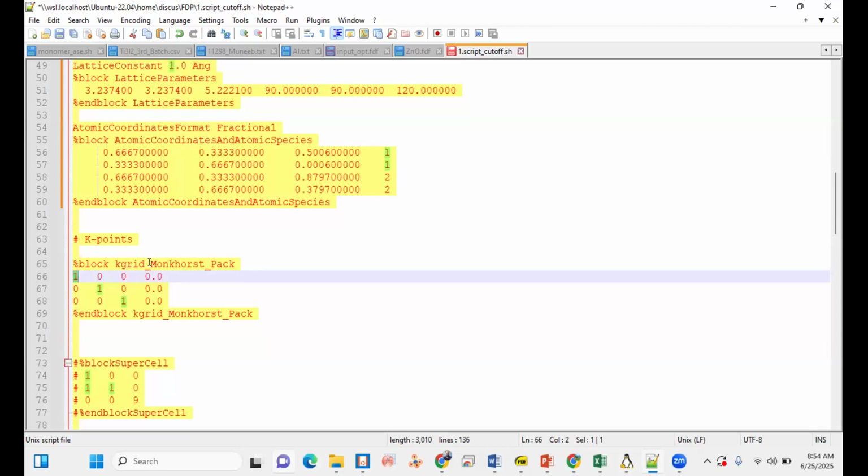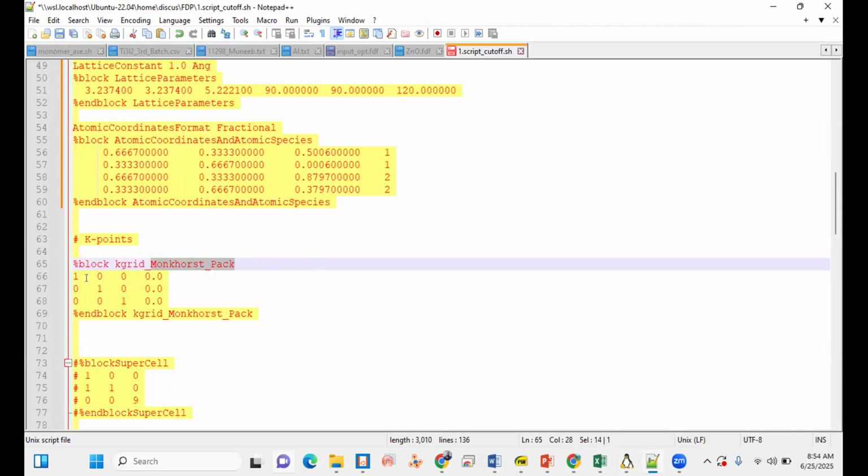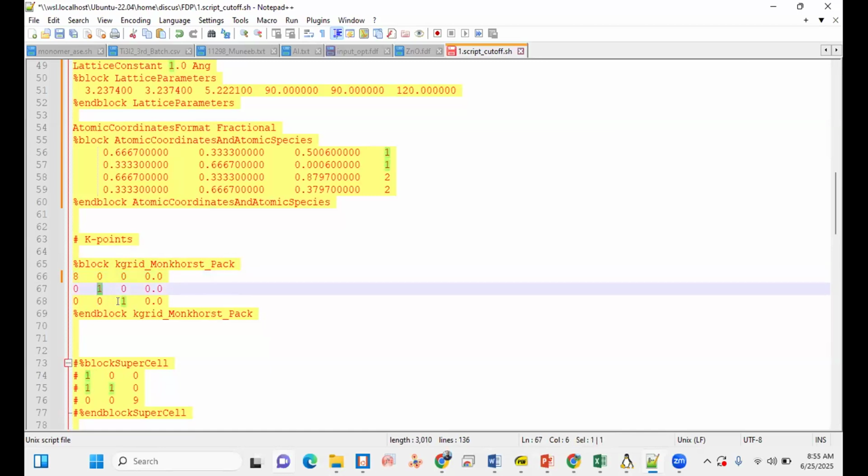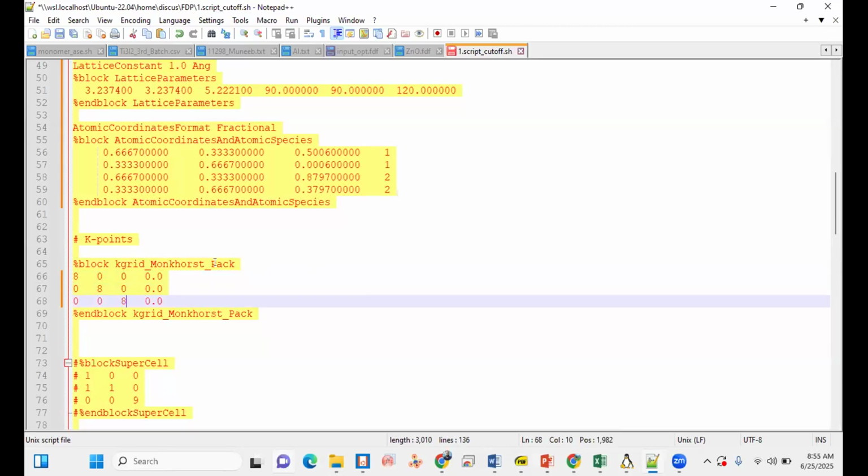Basically, this scheme suggests that you should select the same K points. For example, for the bulk, if you take it like this one 8, then you can take it to 8 also and 8 also. You should not take uneven numbers.